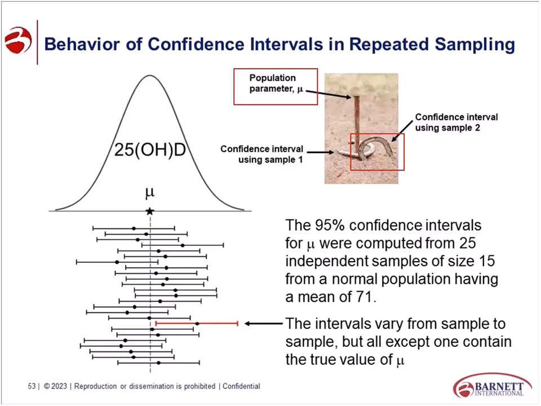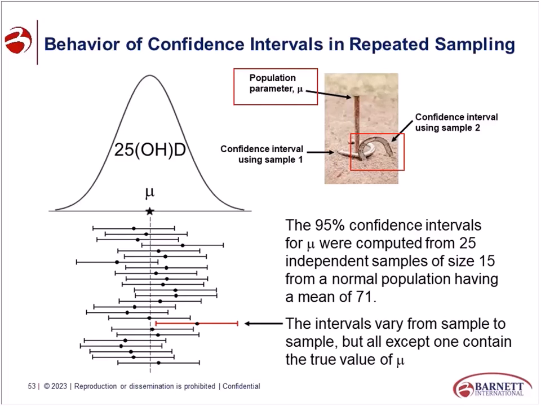95% of the time, the horseshoe will be around that peg, and 5% of the time it will not. Okay, so what I mean by throwing horseshoes, that's your random sampling. That's like repeating your experiment multiple times. It's like tossing a horseshoe. So each time you do an experiment, you throw your horseshoe, and you hope your confidence interval is going to